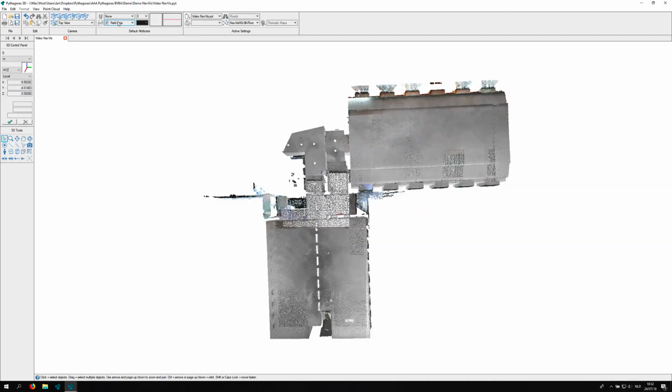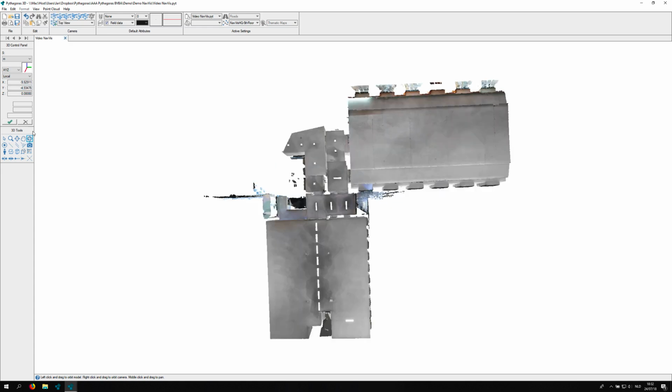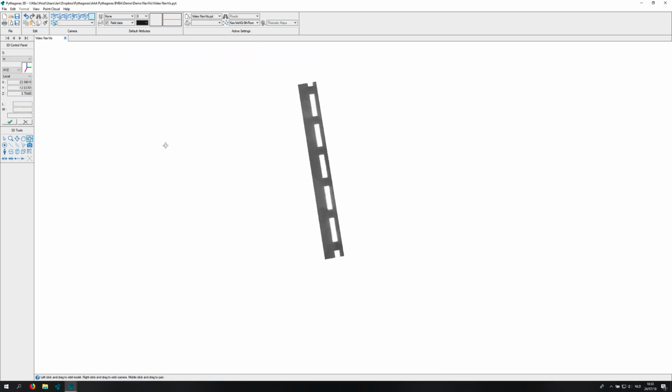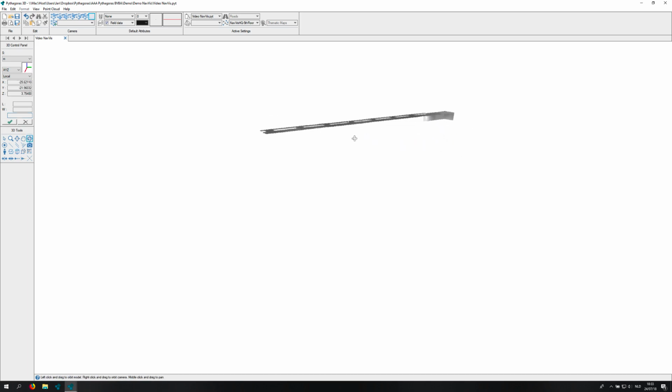So we move back to the 3D to create a new section box in order to vectorize a section in the same room. We follow the same routine and draw the section box following a certain line, a direction in the point cloud. And then we can change or edit the dimensions to come up with a slice of a section in this point cloud.